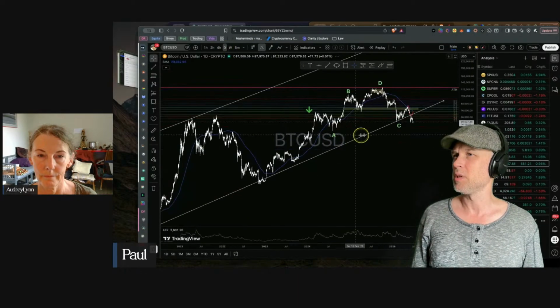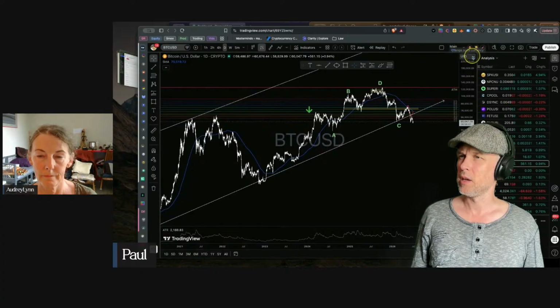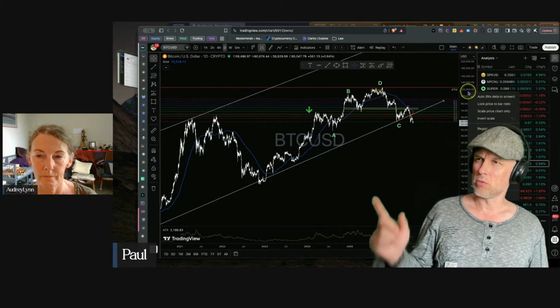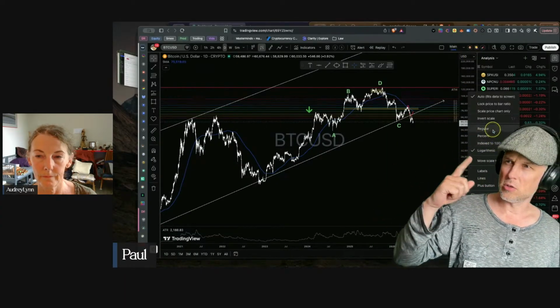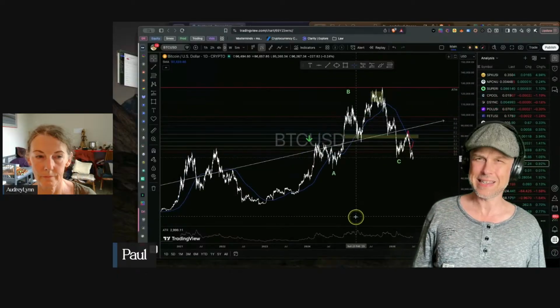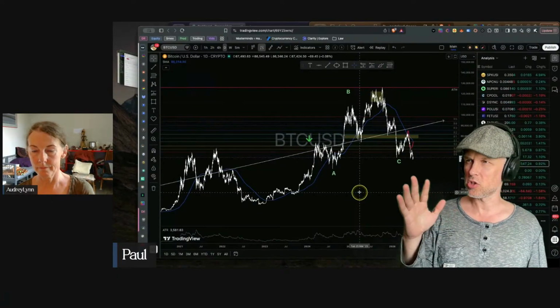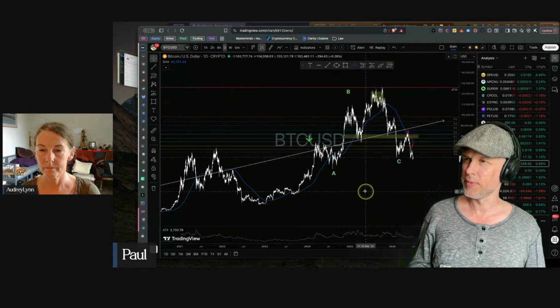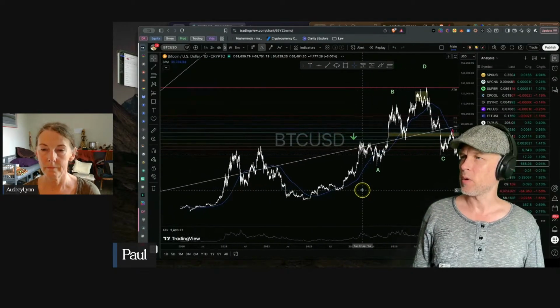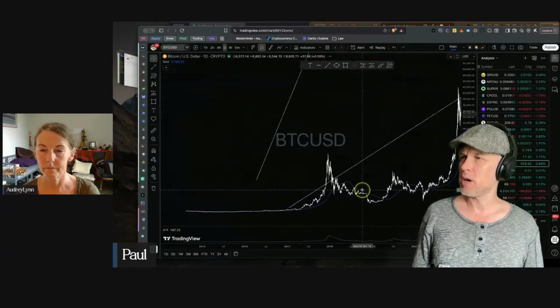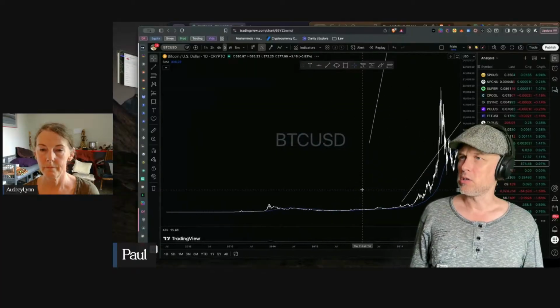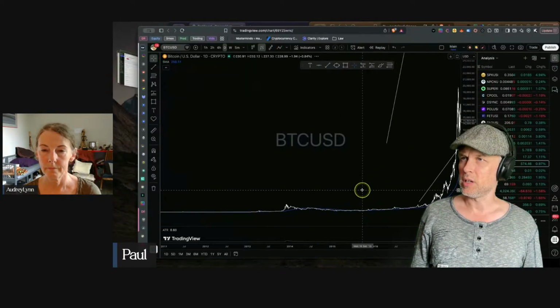I'm going to go daily because I want to see the incrementals. And then I'm going to reduce the logarithmic to regular, so it's to scale now, okay? Because that's the thing about logarithmic charts, they are not to scale. But now it's to scale. And we're going to analyze, remember, history doesn't always repeat itself, but it does rhyme.